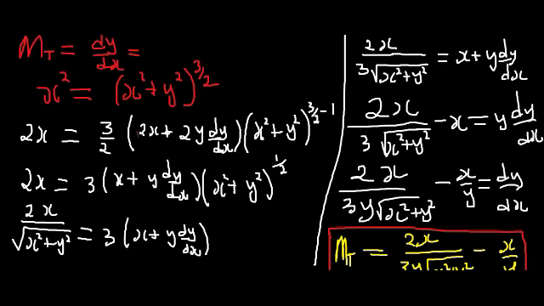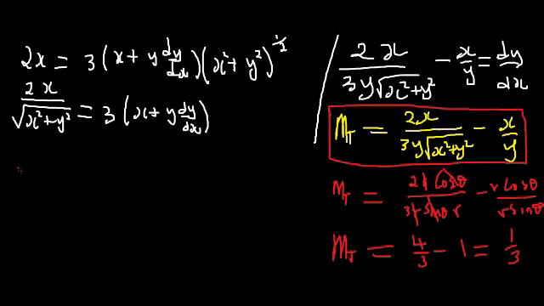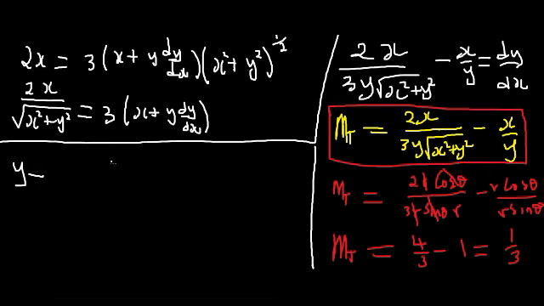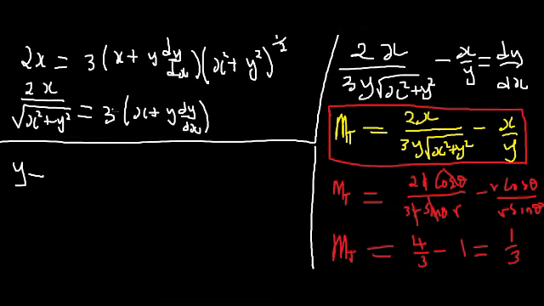Now going back to our formula, we're going to substitute our values here. So we're going to have y minus y1, and our y1 in this case is r sin 45, where r is a half. Sin 45 is root 3 on 2, so it should be a half... root 2 on 2, sorry, not root 3 on 2, root 2 on 2,